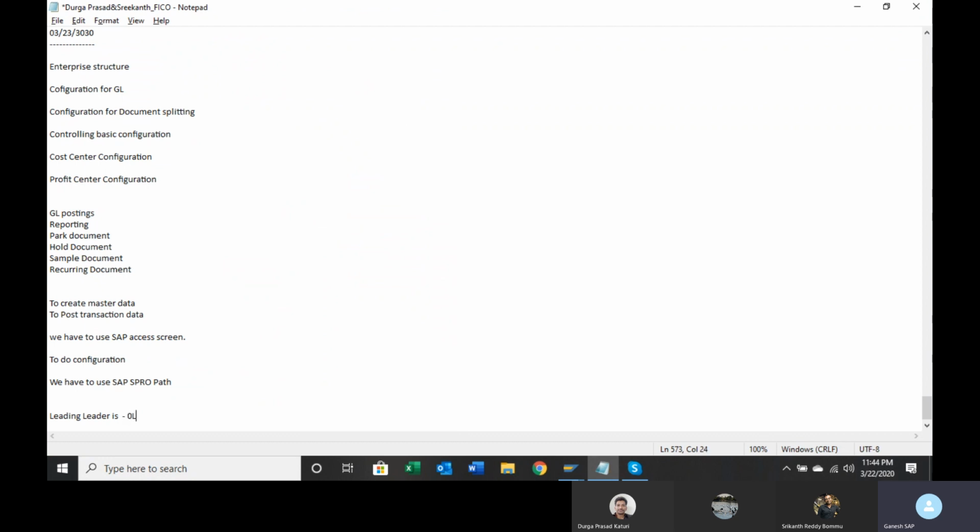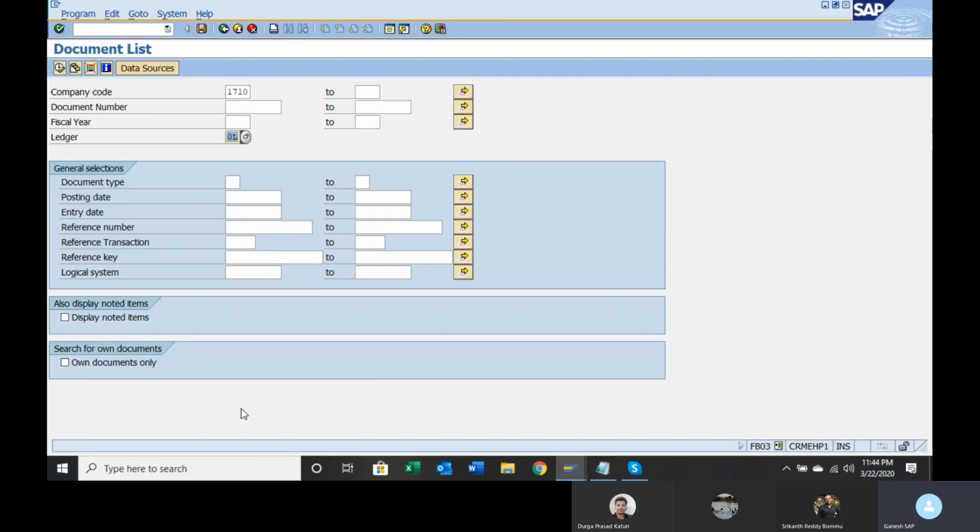Always. What is leading ledger and what are other ledgers, we'll discuss later, but at this point of time what you need to understand is that 0L is the leading ledger. So by default it will come. If you don't see it in any report you are running, then you can specifically mention it. Otherwise the system will bring 0L data by default.